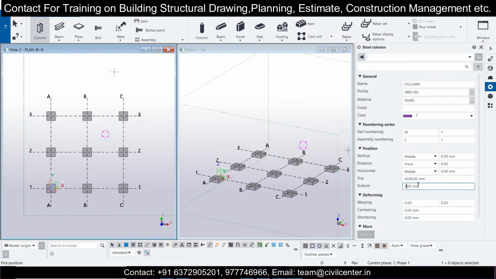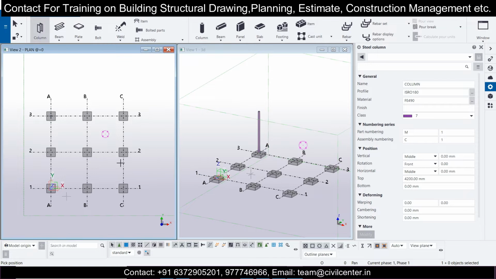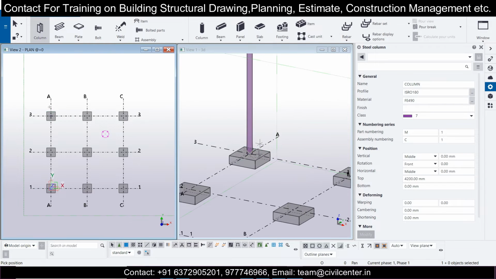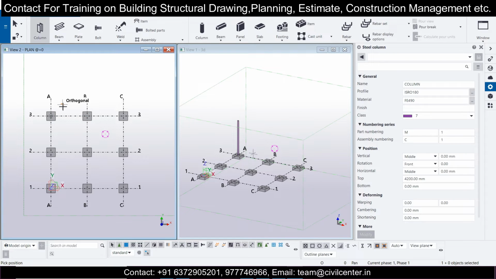And then after having done that, we'll just click on any midpoint and then check, and we'll expand the view, because if you don't expand the view, then it will not be visible here. But we don't need that, because we are actually able to make it visible in the 3D view, so we don't want that.